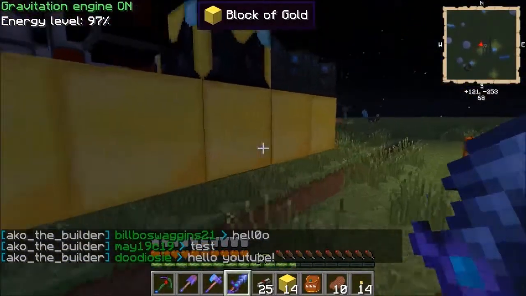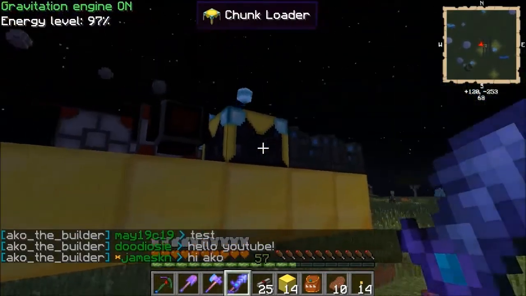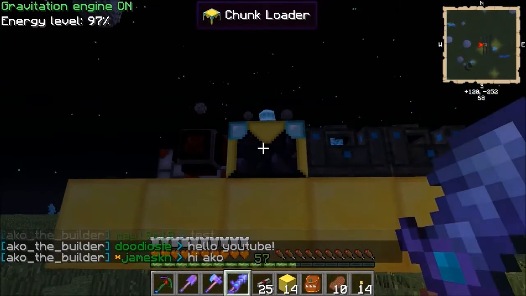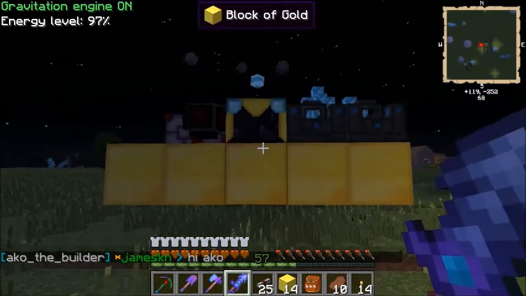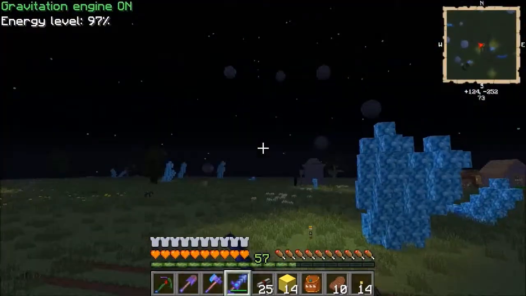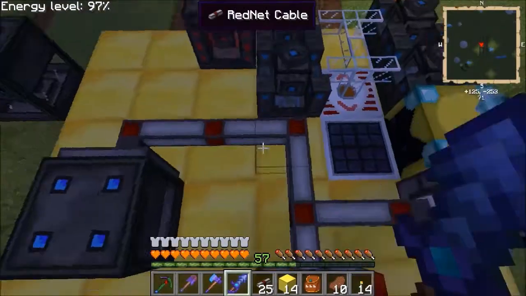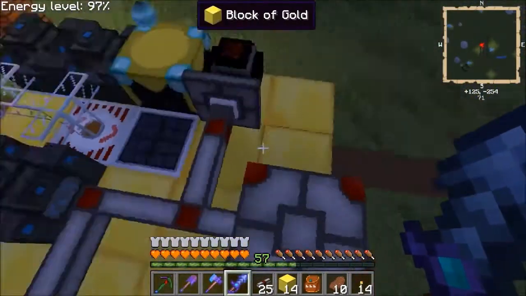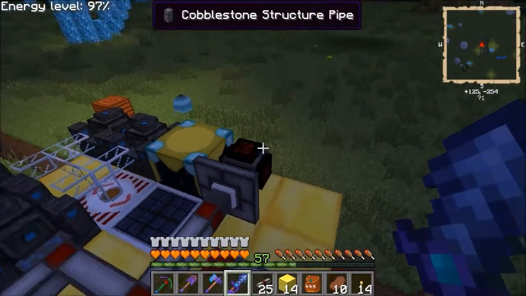Yeah, something's gone catastrophically wrong. It's taken the front line of this, which was the chest and the force field projector. Hello, James. So that's kind of messed that up. Something went weirdly wrong. As I was just saying a minute ago, I should have actually done my RedNet testing in a test world just so I knew what I was doing with it. Basically, what I wanted to do,